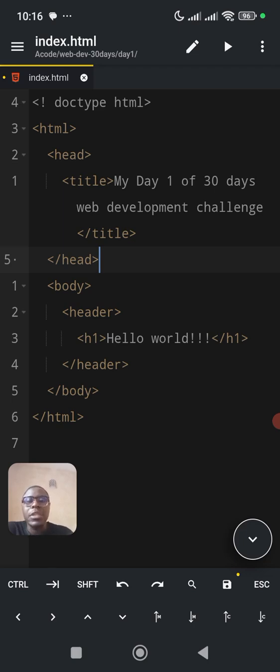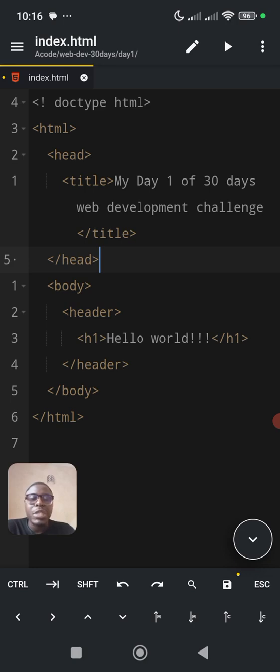The full meaning of HTML is hypertext markup language. I'm not going to explain everything in detail. If you want to learn more about this, I have a playlist called front-end development from beginner to mastery. Check the playlist out. You will learn more, and in those classes I expand more and teach more about all these concepts. But in a nutshell,